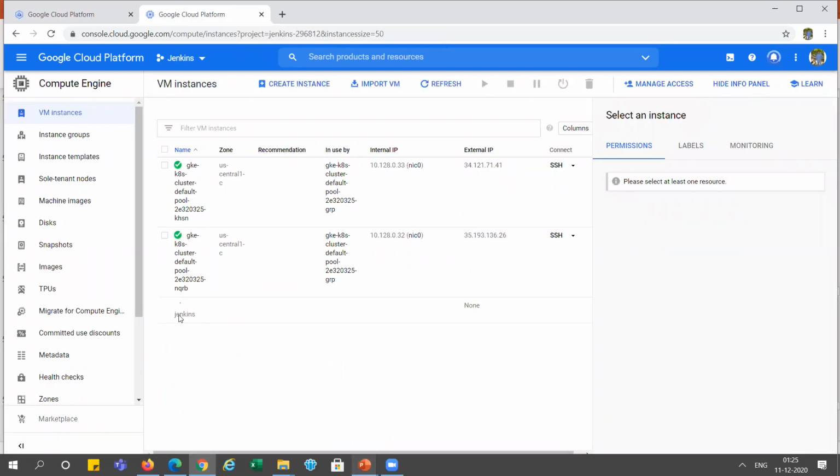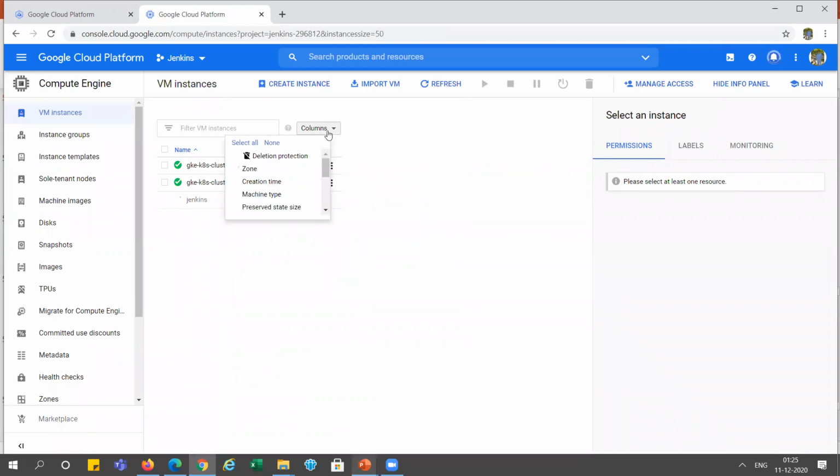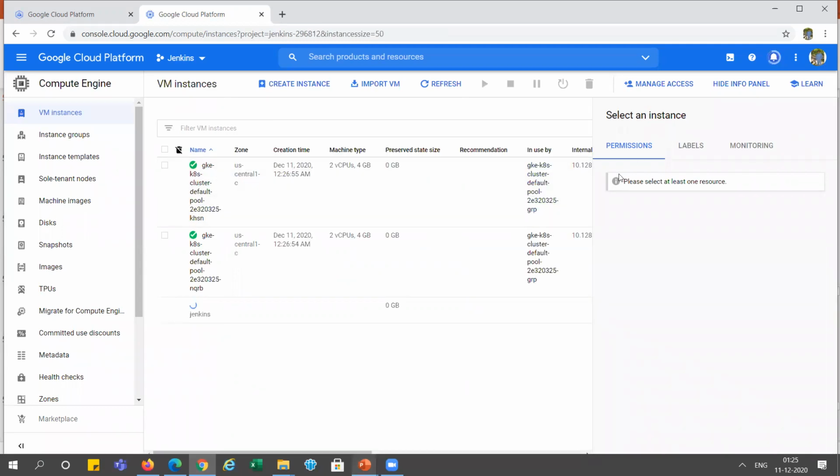Now it will create one instance over here. It will take 2 minutes.